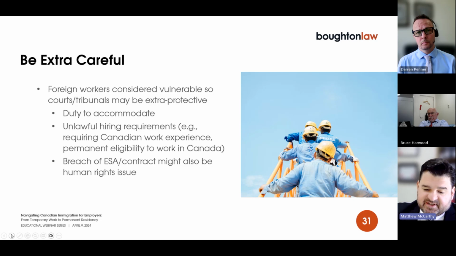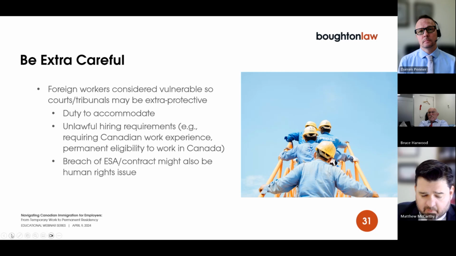An example of this is a recent decision from February of this year. A human rights tribunal was considering a breach that was an employment standards breach. They failed to pay minimum wage to an employee that was a foreign worker. The tribunal found this was also a human rights breach. The reason being, they found that the employer did this intentionally because the employee didn't understand their minimum wage rights, or if they did, they didn't really think that they could enforce it. So therefore, it was deemed to be discrimination on the basis of citizenship, in addition to being the employment standards breach. This resulted in a significant additional award against the employer in that case.